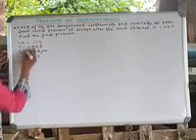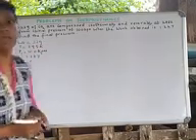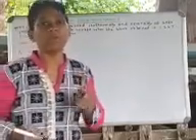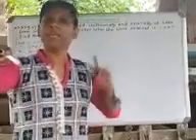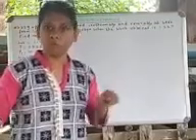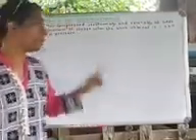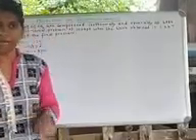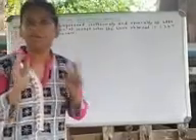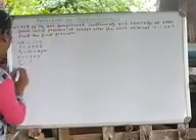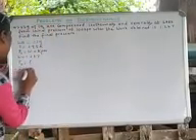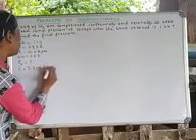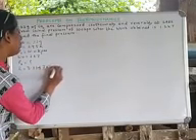Fine. Now in this kind of sum we are going to use the W max formula. W max is equal to minus 2.303 nRT log to the base 10 P1 by P2. In your previous sum we solved with the help of volume, V2 by V1. But in this sum we are going to solve with the help of P1 by P2. Here the R value is required. If it is given, well and good. If it is not given, you have to learn it by heart. The value for R is 8.314 joule K inverse mole inverse.